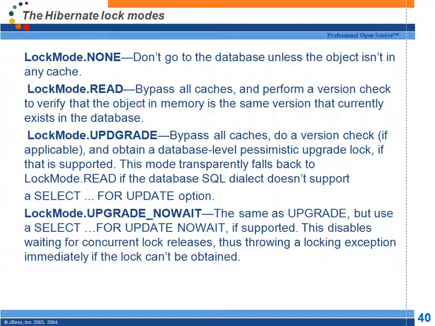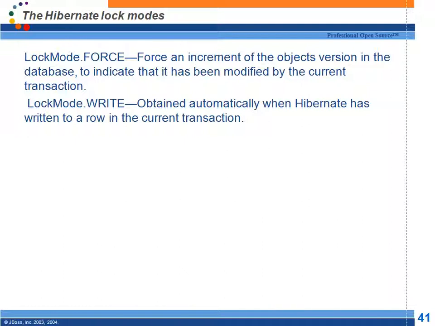Similarly, upgrade. Whenever you are saying LockMode.UPGRADE, you are saying that I am going to get this entity for upgrading it. So it will get an upgrade lock, write lock. Okay. And there is also upgrade no wait. Generally, if I say I want an upgrade lock, the query will go to database. If already it is locked, it will wait until the lock is released. But if I say upgrade no wait, it will not wait until the lock is released. It will give an exception.